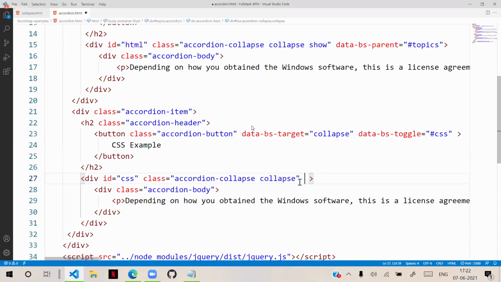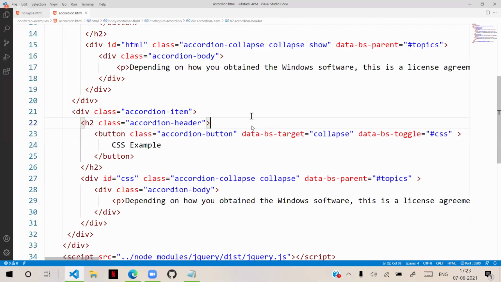So we have to use data-bs-parent, hash topics. That means all these are linked to one accordion. All collapse are linked to one accordion. For this, parent is very much important.